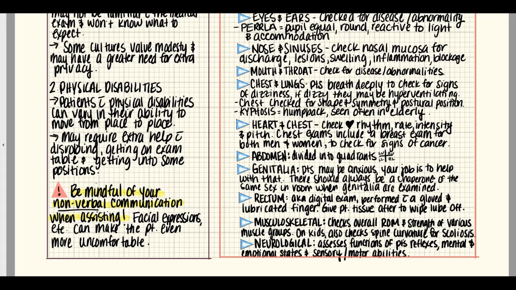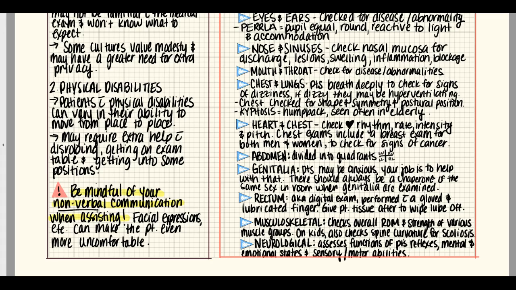The rectal exam is also known as the digital exam, and that is performed with a gloved finger that is lubricated. Usually they'll do that right after, or during, the genitalia exam. They'll slip a lubricated finger into the rectum. For men, this is to examine their prostate gland, to make sure that there is no enlargement, which would be indicative of prostate cancer. For women, it is to sometimes check the posterior side of the uterus or other tissues,